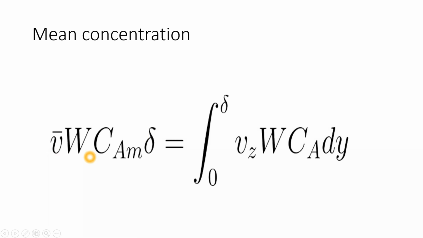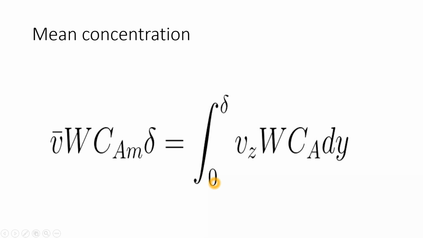So we can see here, the velocity is in meter per second, the width is in meter, since it is given almost 10 meter width, so our unit is meter square per second. Now delta is in meter, then it will be meter cube per second. Now Cm will be in mole per meter cube, then you will get the answer in mole per second.